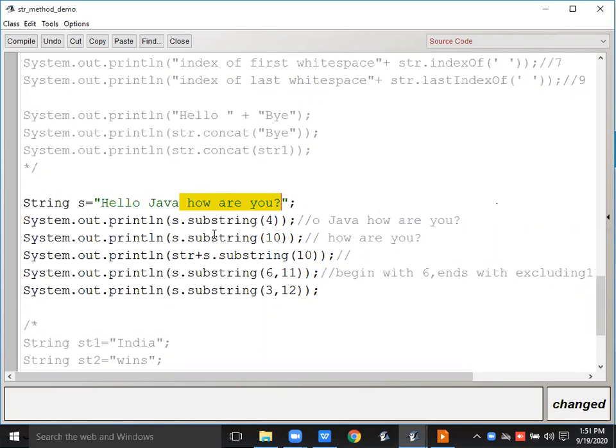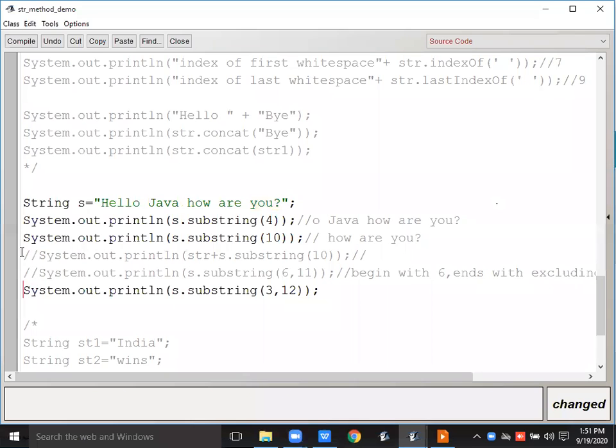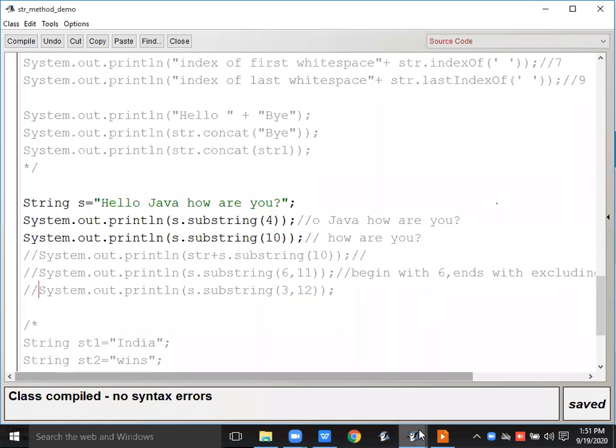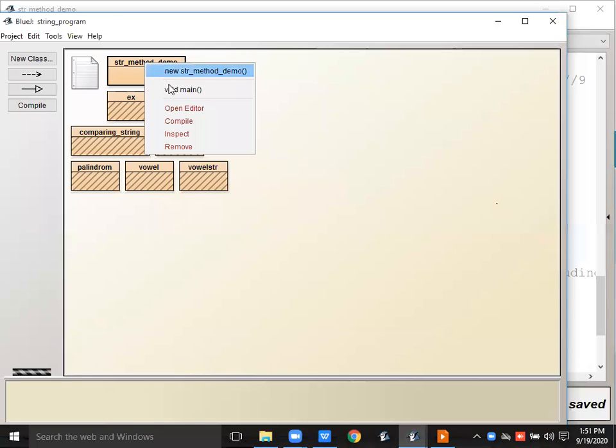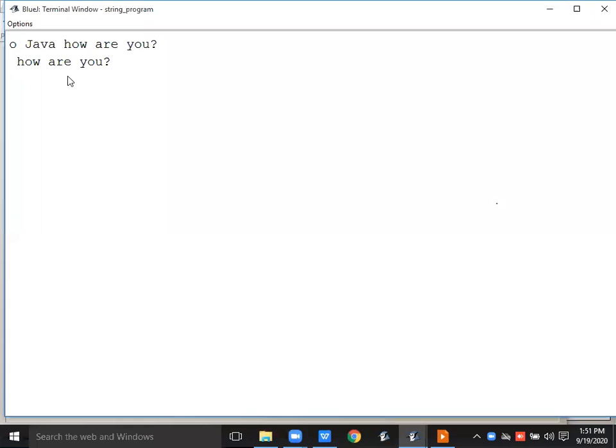Now, okay, first of all see them. I'm compiling, then executing. See, the first one is O space hello how are you, because we have started from the 4th position.